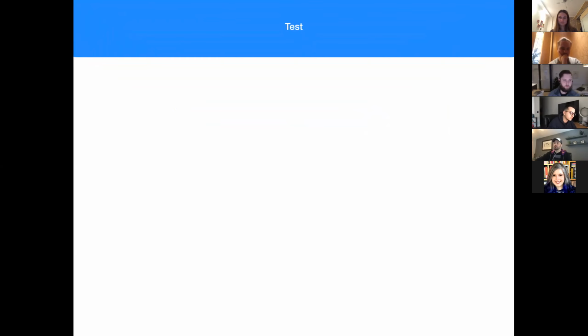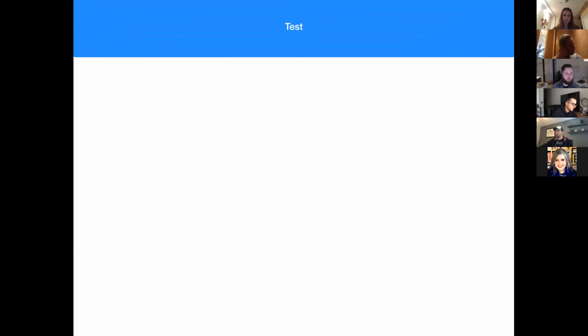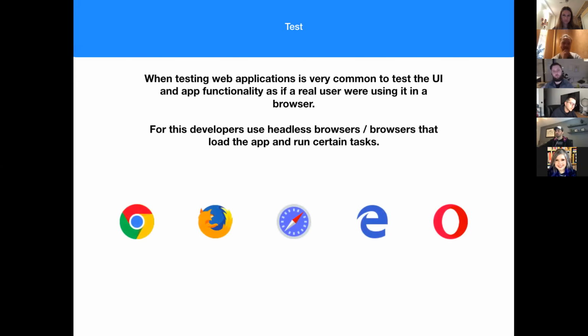And this is important to know, because it's different from other types of tests, which are probably looking at the code or at the APIs. This is actually looking at a browser, or simulating the app in a browser. So that's basically what it is, right? This only happens for web applications. And it's very common that in these web applications, at a certain point, you want to test the UI and